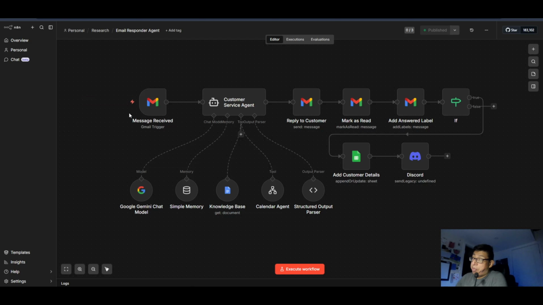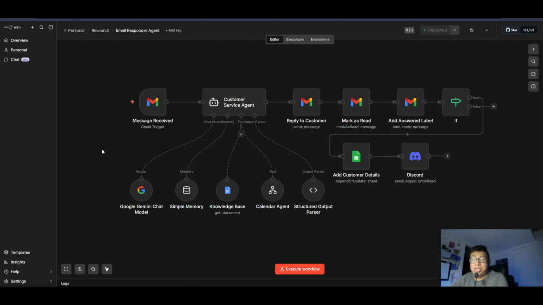Well, this would be perfect for that because you can just set up a knowledge base for the AI agent that has all the answers that people are asking, right? Like business hours, services, things like that. It answers all those questions for them, providing them with accurate answers, no hallucinations, all while you're sleeping or doing something else, running your business. And then if it can't answer the question, you can perhaps have it set so like, oh, hey, I don't know the answer to that question. Refer to this website or this email address or something like that.